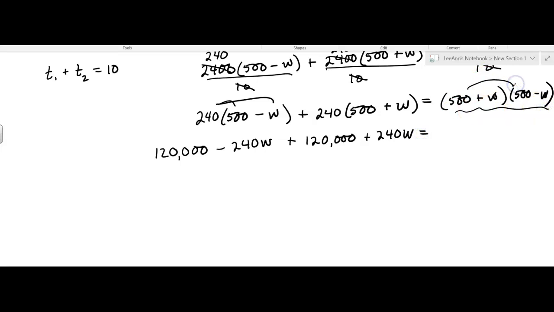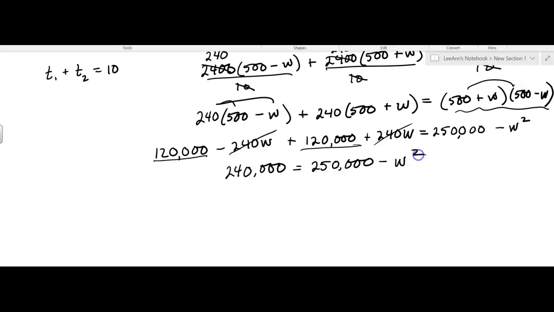So 500 times 500, that's 25 with 4 zeros, 250,000 minus W squared. You don't have a middle term because it's going to drop out. Now on the left, the negative 240W and the positive 240W, they're out. That number, 120,000 plus 120,000, that's 240,000 equals 250,000